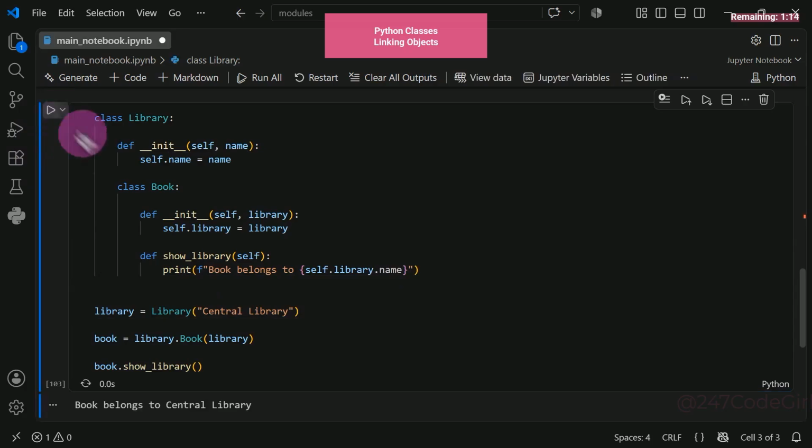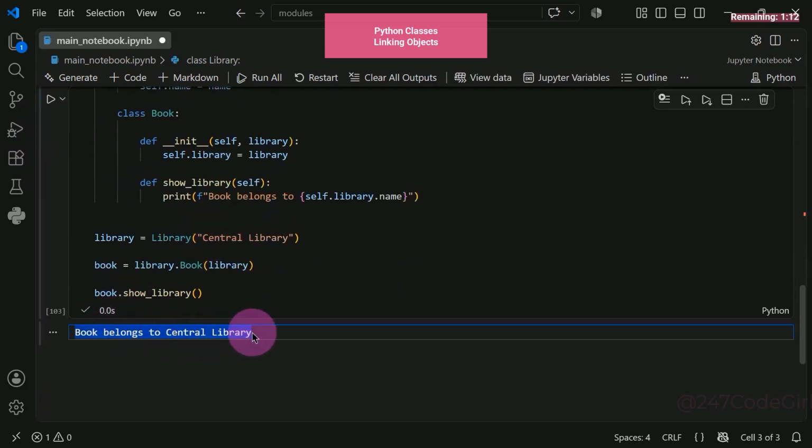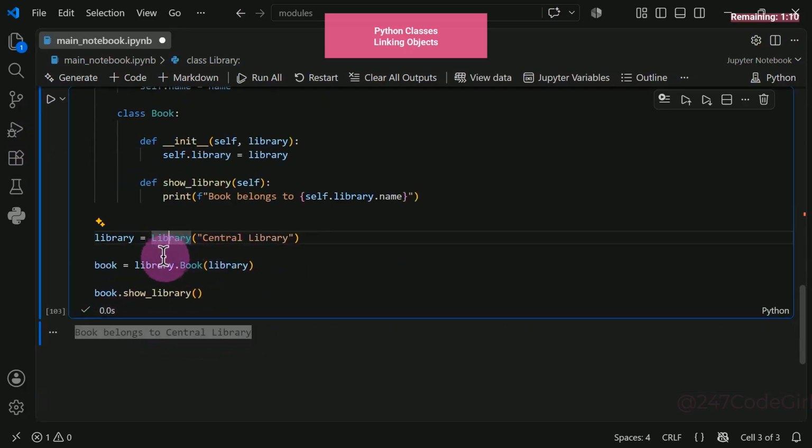Now, when you run this, it prints, book belongs to the central library, because the library object was passed in when you created the instance of the book class. And when showLibrary is called, it accesses self.library, which is the library object passed in, and reads the name attribute from it. That is that variable right there. Then it accesses the name attribute on it and prints it out cleanly.